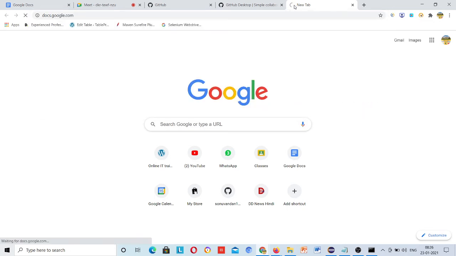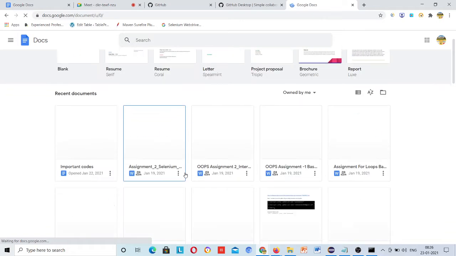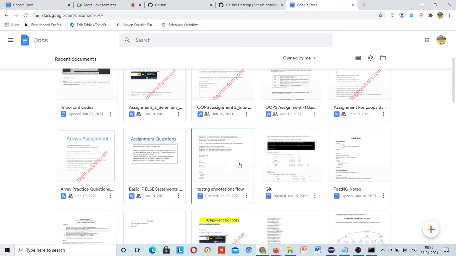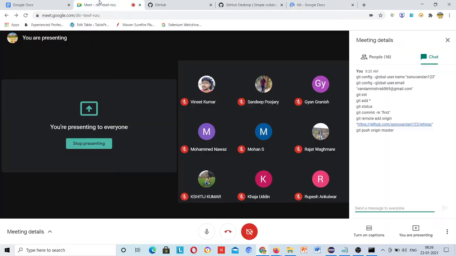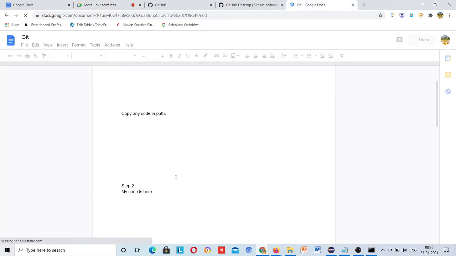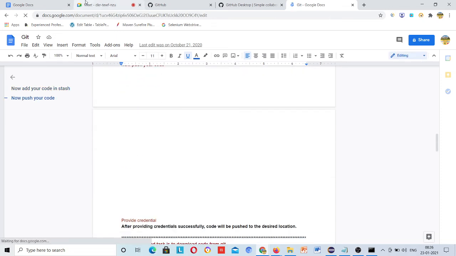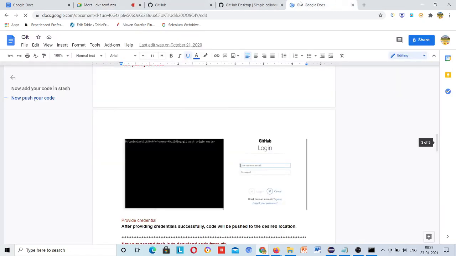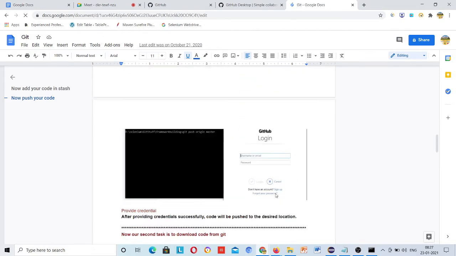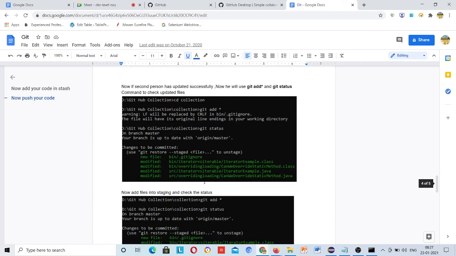I will show you in my notes. I have uninstalled many times and installed again so that I can show you this screenshot. These are the GitHub notes. I will upload all these notes in the app, and you can access them from there. All these GitHub notes, Maven notes, everything I will upload there.